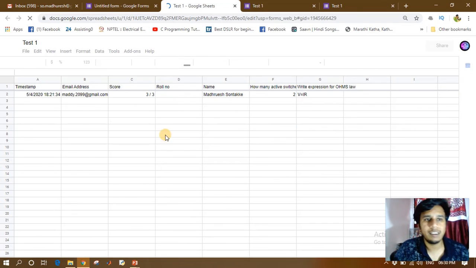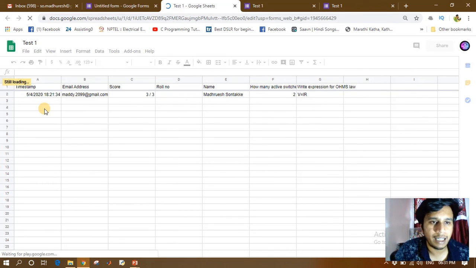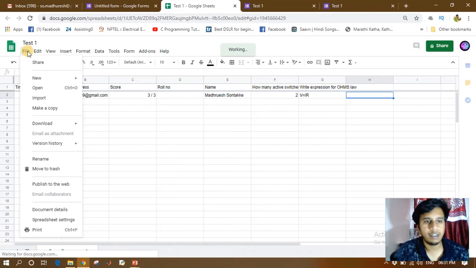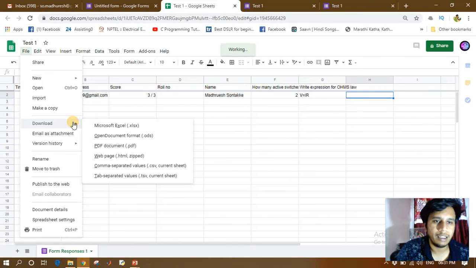So now this is our response: at what time the student appeared for the test, his email ID, his score, his roll number, his name and his answers. You can also copy this with the help of this file, and here we can just download this in the Excel format, Microsoft Excel format.